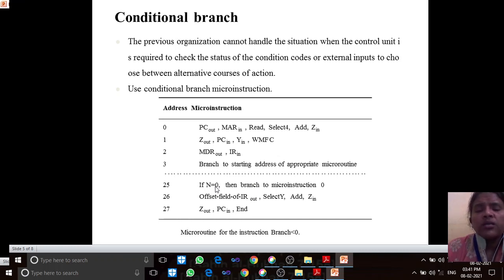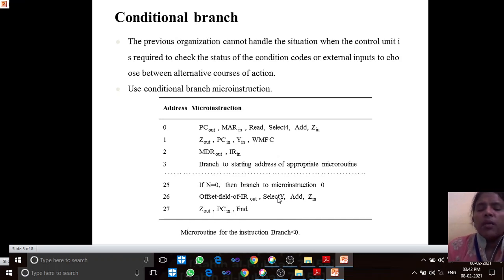Now counter means, suppose n value was 10, it will start decrementing, and as soon as n becomes 0, then branch to micro instruction 0, else it will go to 26, which says you have to add the displacement field to IR out. Displacement means it has to move, whether forward jump or backward movement, and the result will be stored in the Z register.